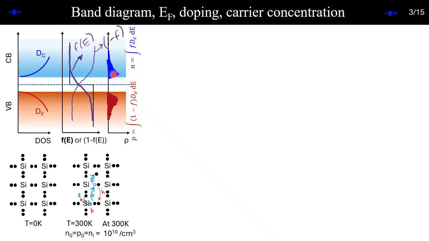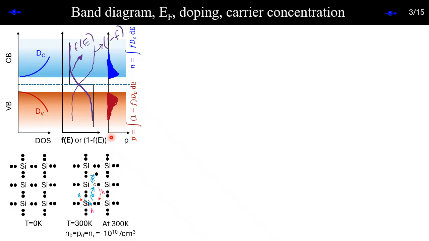It's a simple integration. I'm just trying to explain the integration with schematics. This is this area, and this is the area for the holes. If electrons and holes are the same in number, then this area should be the same, right? They are the same in number. Electron holes are always in pairs. That's all. This is what we have for the intrinsic.